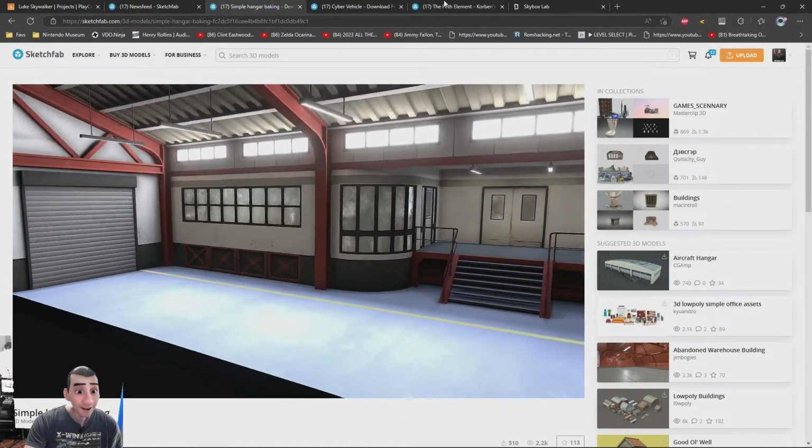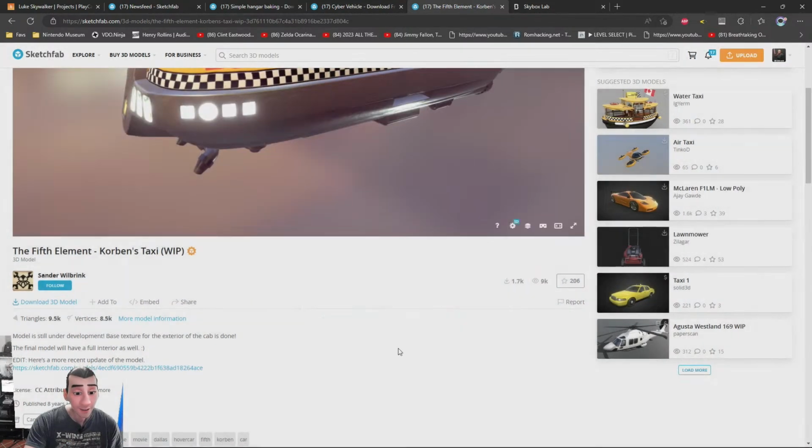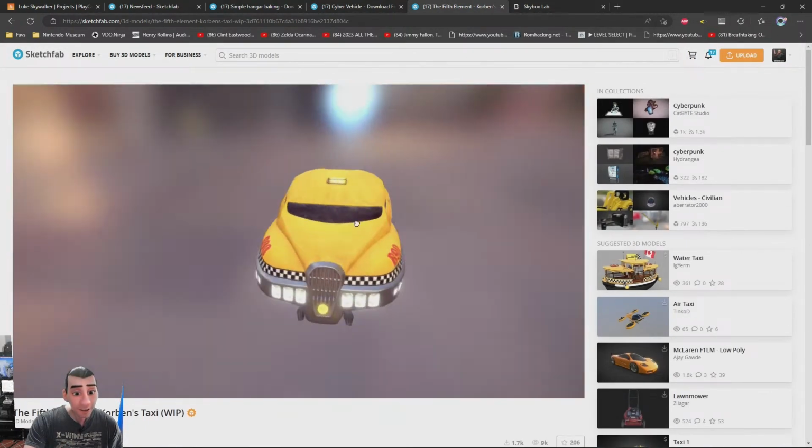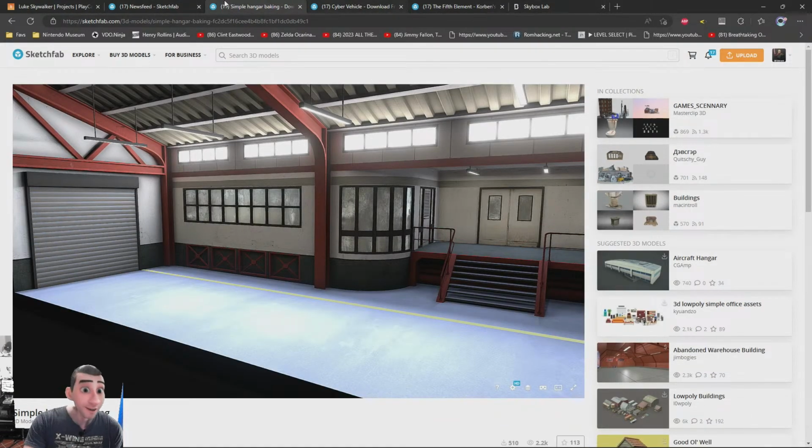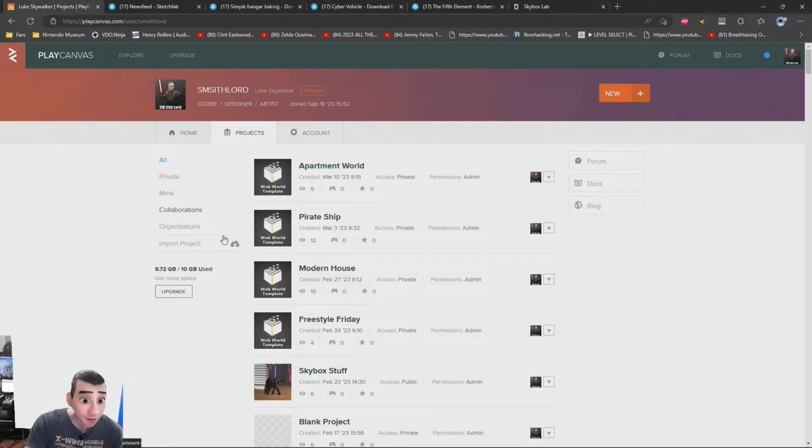Here's the hangar. And then I'm going to drop this car into it. Both of these GLBs are 4 megabytes big. 4 megabytes big. Yeah, I said that right. Let's try it out. So, first thing I'm going to do is start a brand new Web